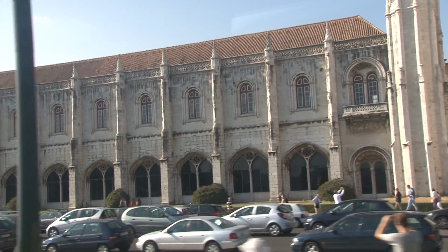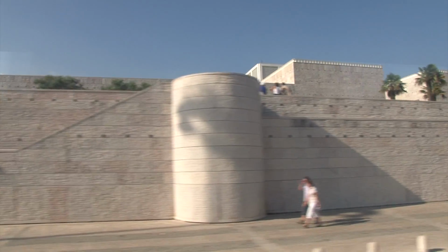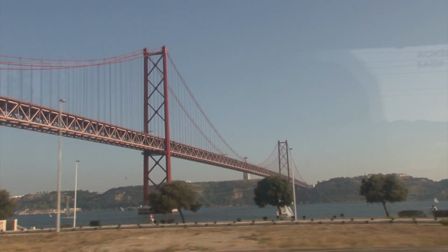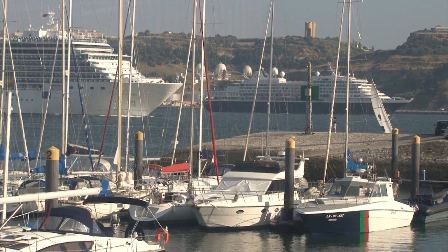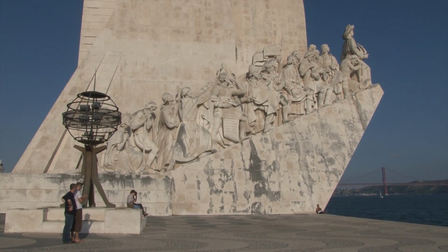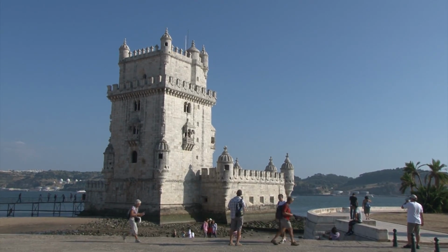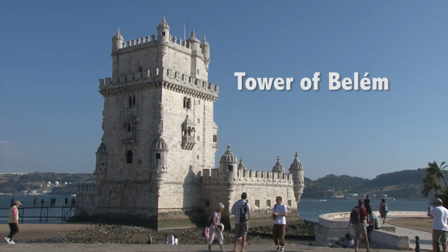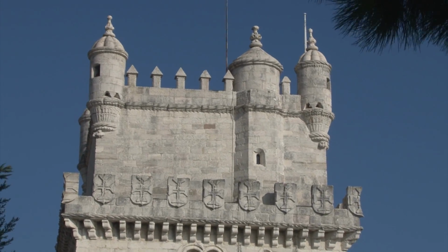We're visiting Lisbon, Portugal, and heading for two of the most famous monuments, the Tower of Belem and the Monument to the Discoveries, which stand as symbols of Portugal's 16th century naval voyages, which made it the richest nation on the planet. The Tower of Belem, built between 1515 and 1520 by King Manuel, is a fortress that guards the harbor